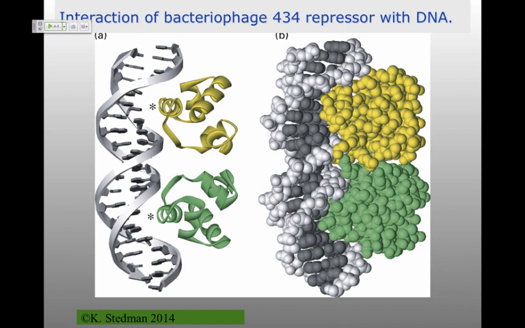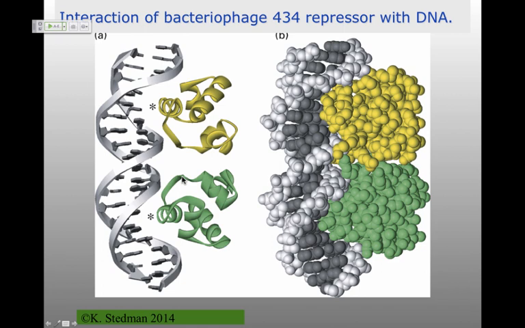This is bacteriophage 434, which we actually won't talk about, really similar to the lambda repressor, where you have this classic example of an alpha helix binding in the major groove of DNA, and alpha helices, all their side chains stick out around the outside, so those are then going to be able to interact directly with the base pairs. Another nice example here is this is a dimeric protein. This is the identical amino acid sequence up here as it is down here, but they're in different orientations. Hopefully you can see that this beta strand here is coming out in the front in this monomer, and it's coming out in the back in that monomer.